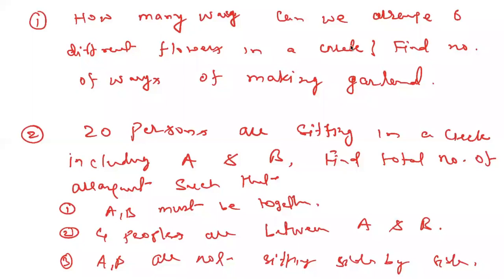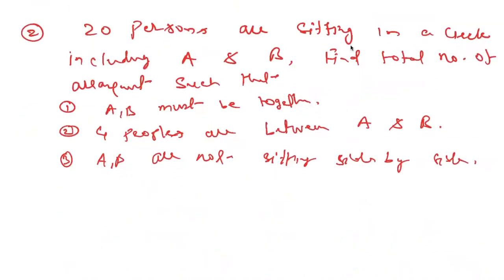So only we have to arrange, like in the first case, we can say for the first this will be factorial 5, but with a garland this will be factorial 5 by 2, right and left. We do not have to decide there. Second question, A and B must be together. So if A and B are together, like 18 different people are there. So total number of people in this case, if A and B we are taking as 1, so this will